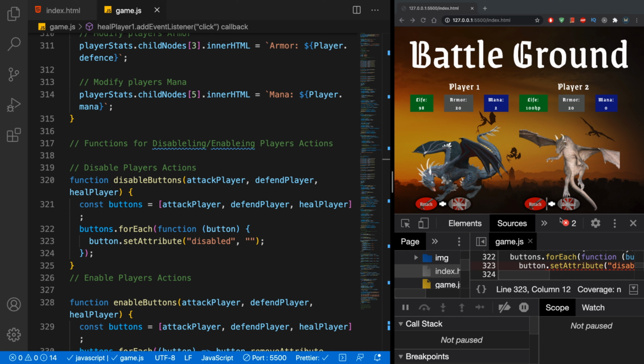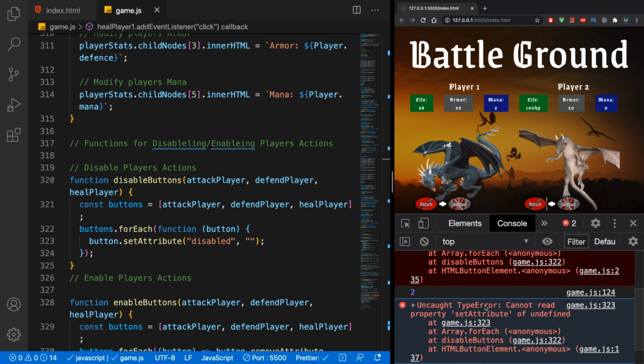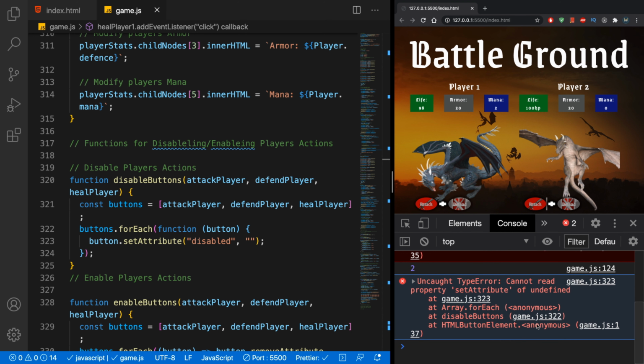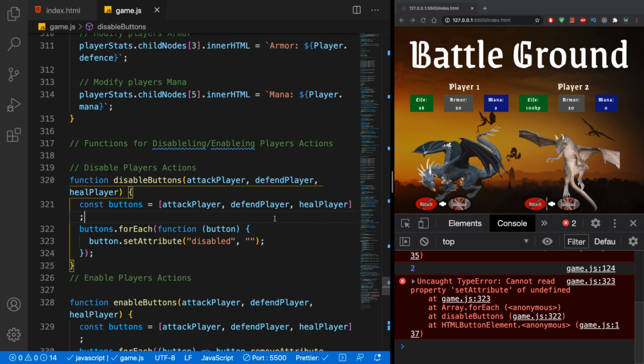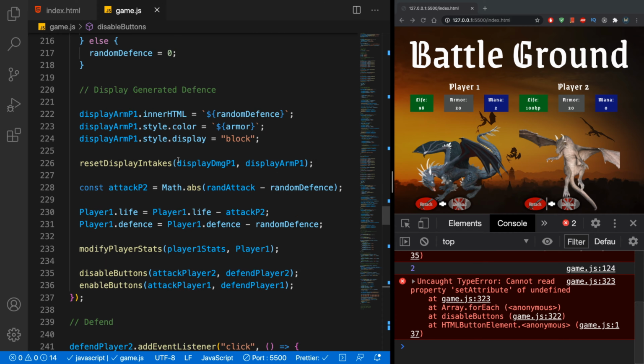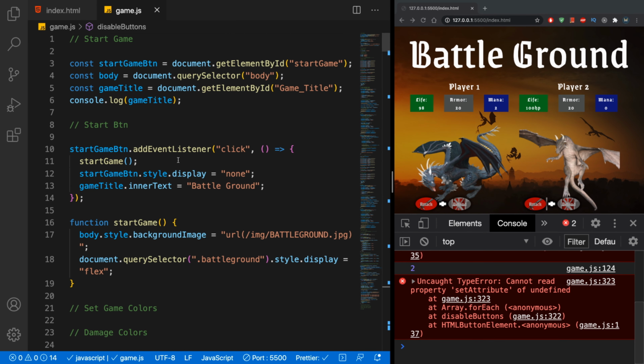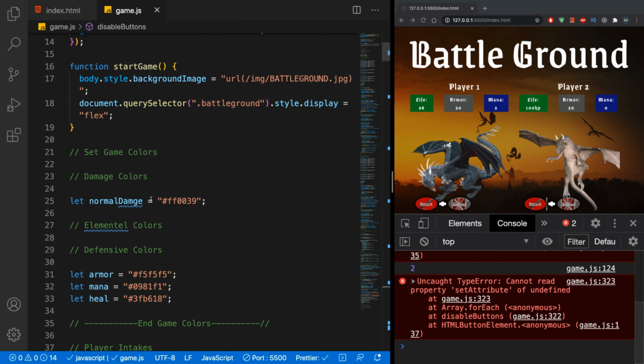So once again, what was the error? In the console, the error was that cannot read property set attribute of undefined, because disable buttons array set attribute undefined. Something is undefined. And it's always stopping here at disabling the button. Do I have heal player? Let's see up here. We have